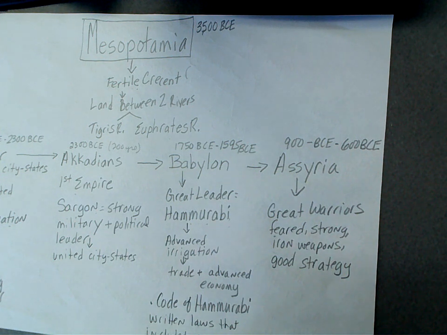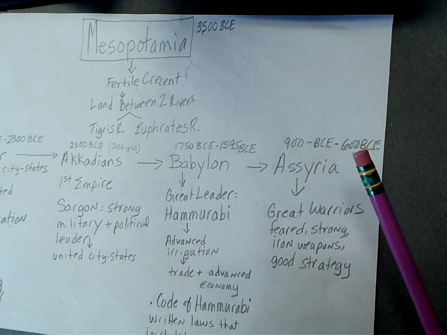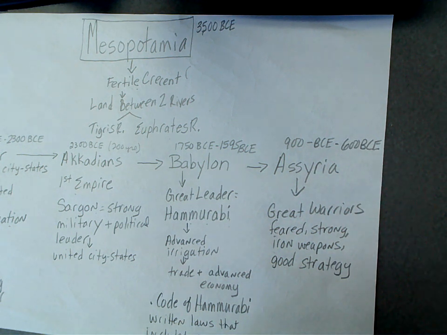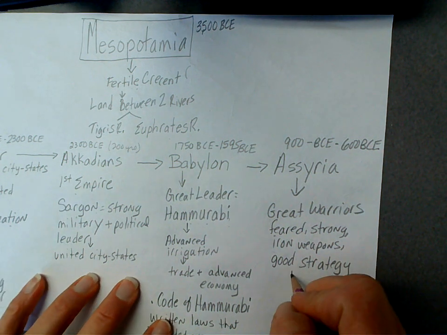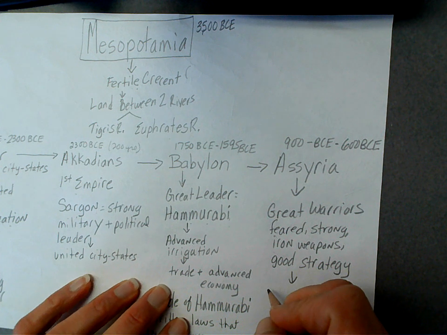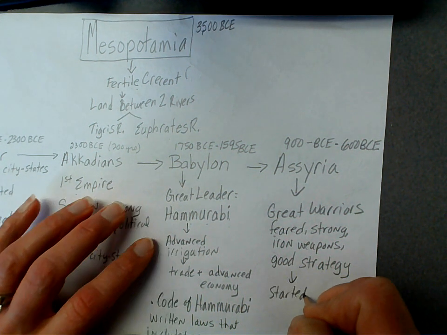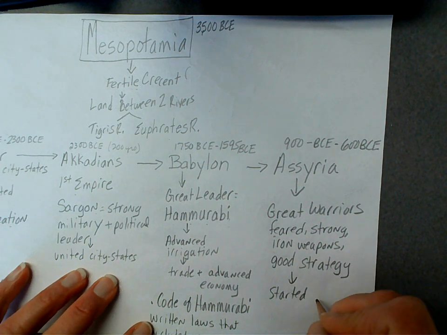They actually had aqueducts that went as far as 30 miles away, which in this time frame, 600 BCE, 900 BCE-ish, seems like a pretty incredible feat. So let's go ahead and give them credit for this, even though they're pretty fierce. They were also thinkers, and they started aqueducts. And aqueduct is spelled